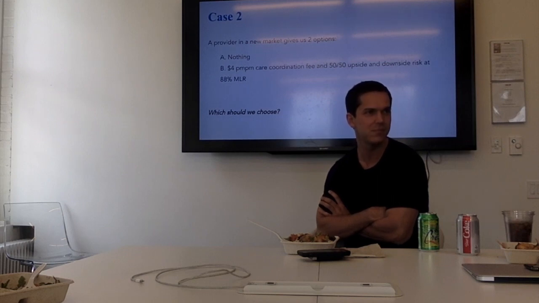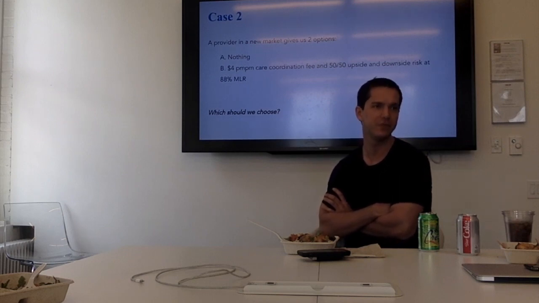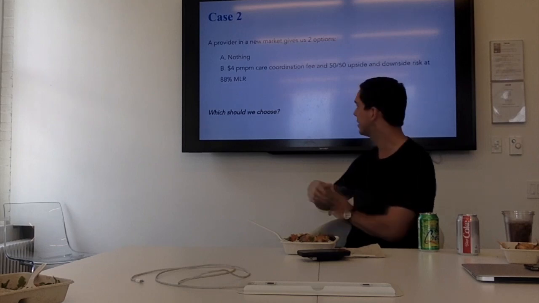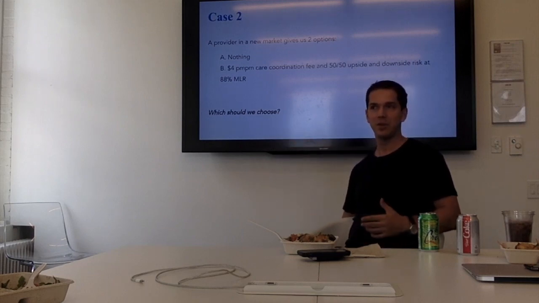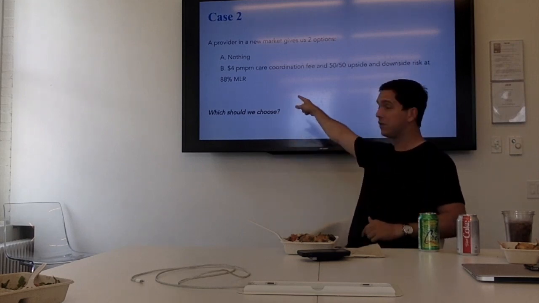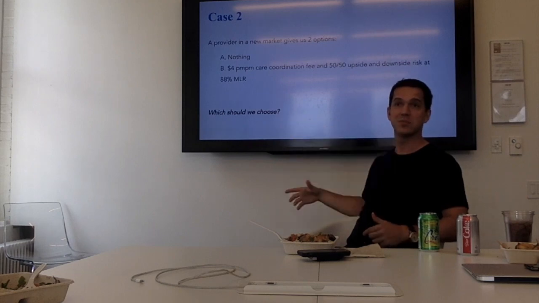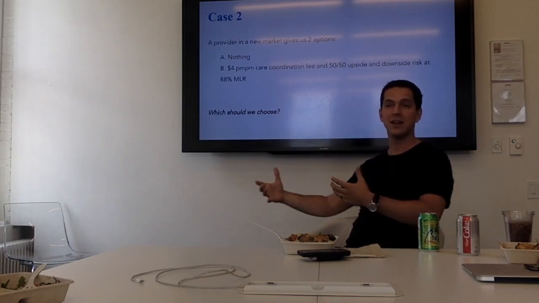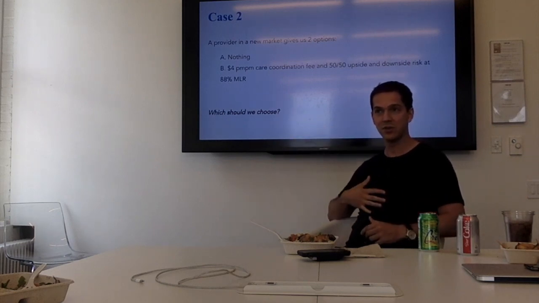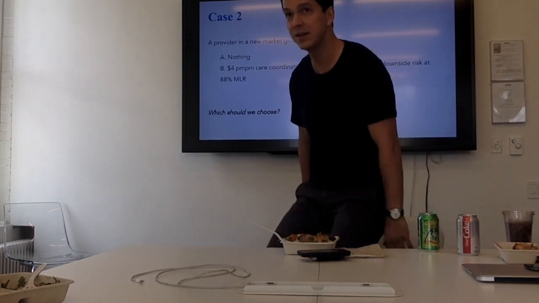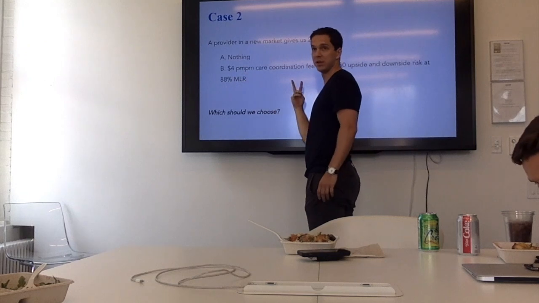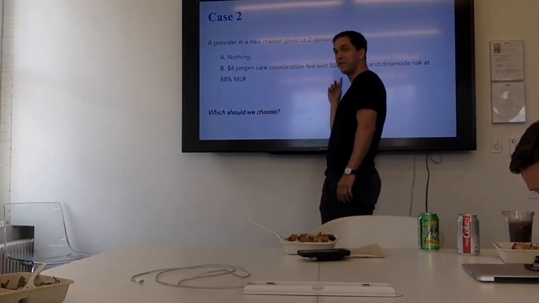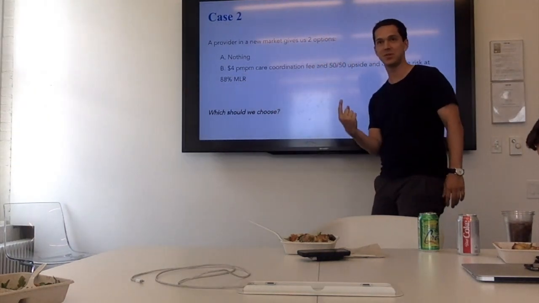Is that right? It depends which terms, if you add in the 1% or not. But basically 90 is the simple answer, in that if you have an MLR of 90, you're 2 points over the 88%. You split those 2 points, and you get 1 back. In other words, if you're at 90, you split whatever is above 88. That's 2 points, but you split it, so 50% of 2% is 1%, right?